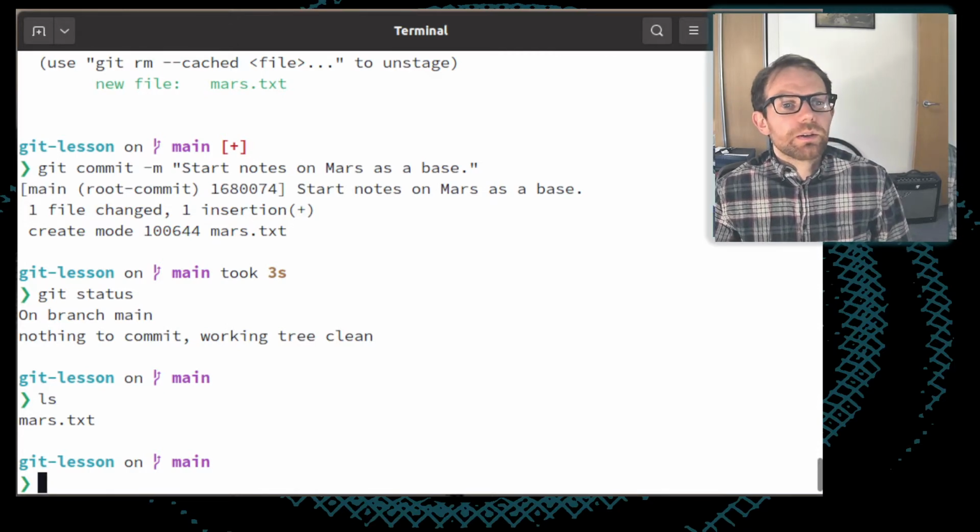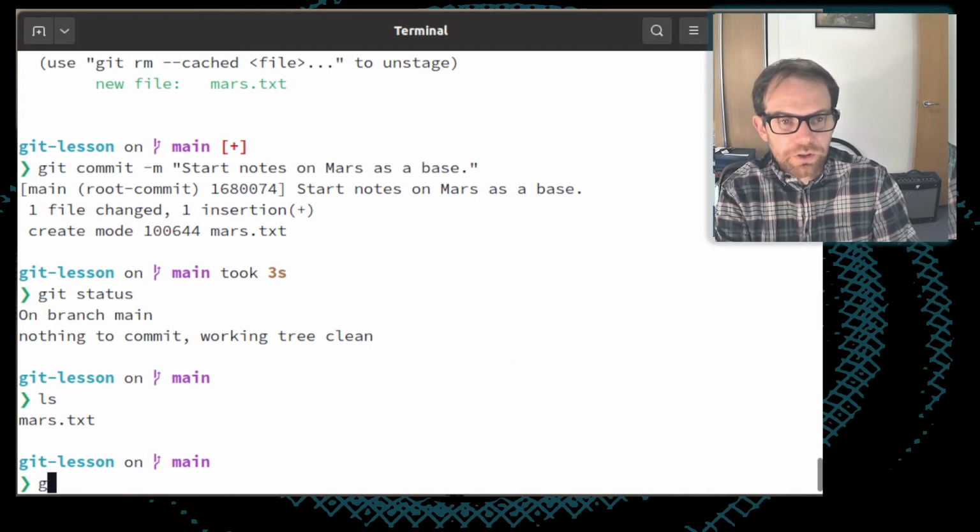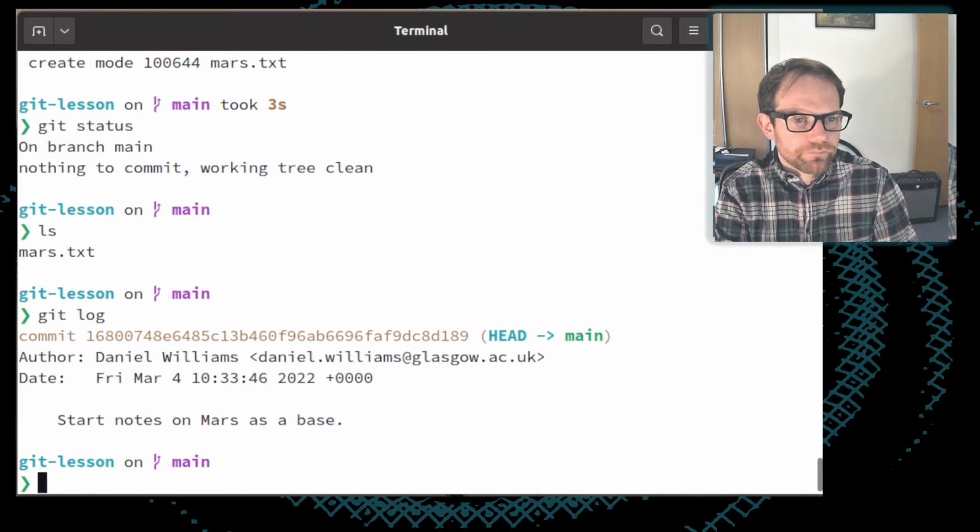Okay, so say I want to understand what's happened to the repository in the past, what we've done so far. Obviously for this repository that's not going to be very much, but we can run the command git log. I get told quite a lot of information here. You can see the commit message, "Start notes on Mars as a base."